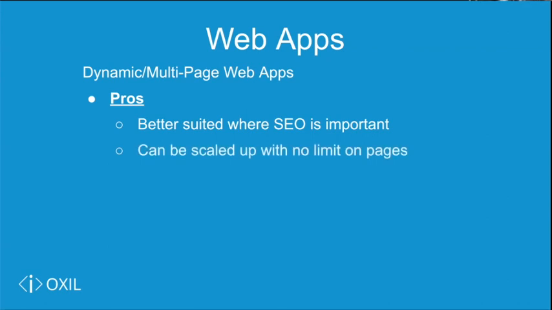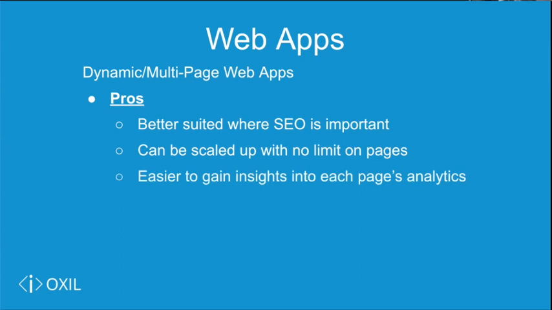It's often easier to scale up these types of apps because each page is loaded up one at a time rather than all up front. There really isn't a limit to the number of pages you can have. It's easier to gain insights into each page's analytics. So things like time on page or page views, again, is often easier to achieve if that's important to you